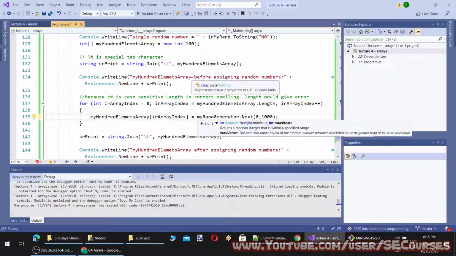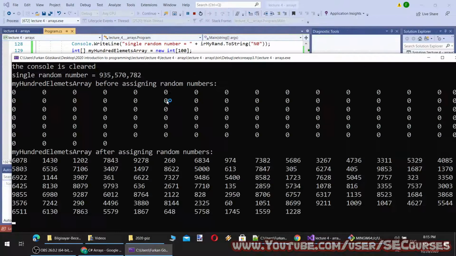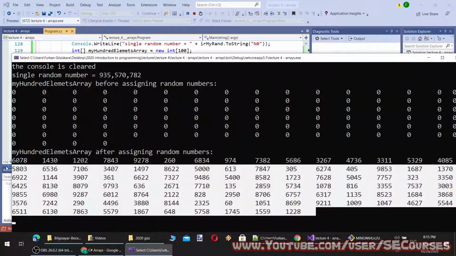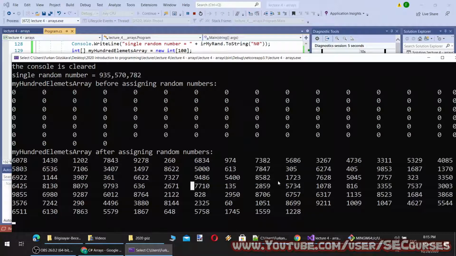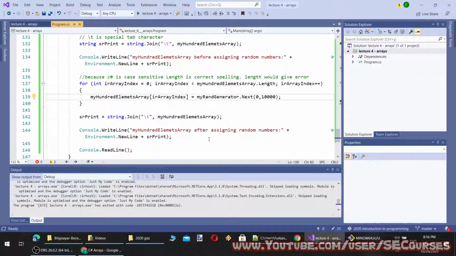Okay, let's make it 10,000. And when I run it, we will be able to read it. Okay, so these are all the random numbers generated. I am going to add a thousand separator so I can show them better.